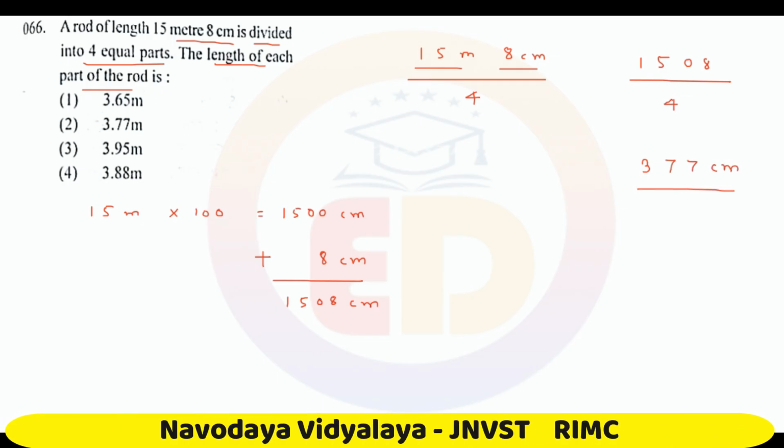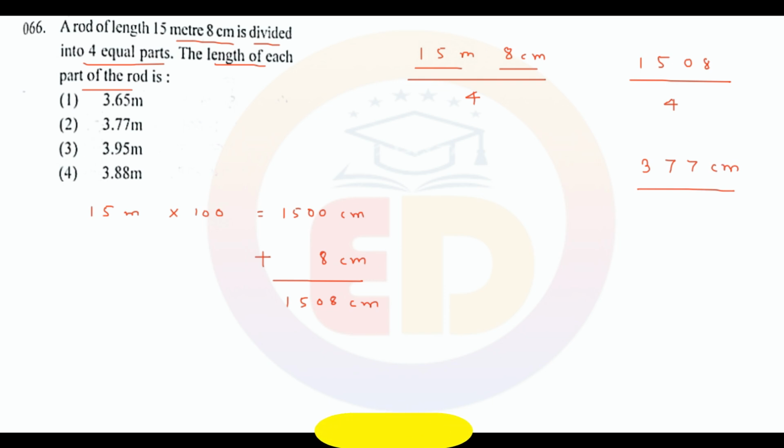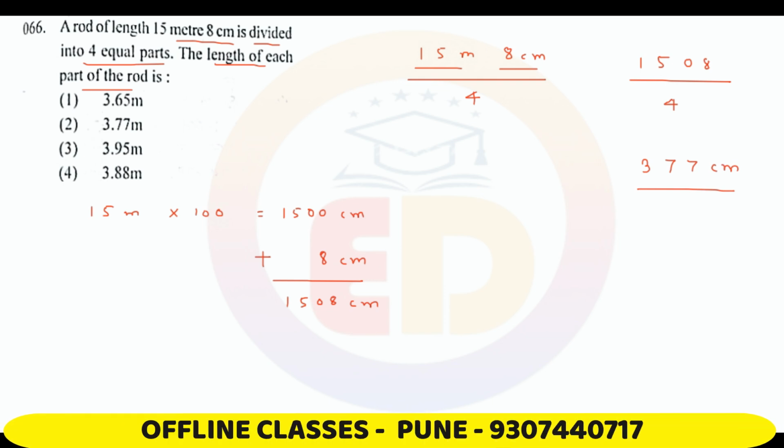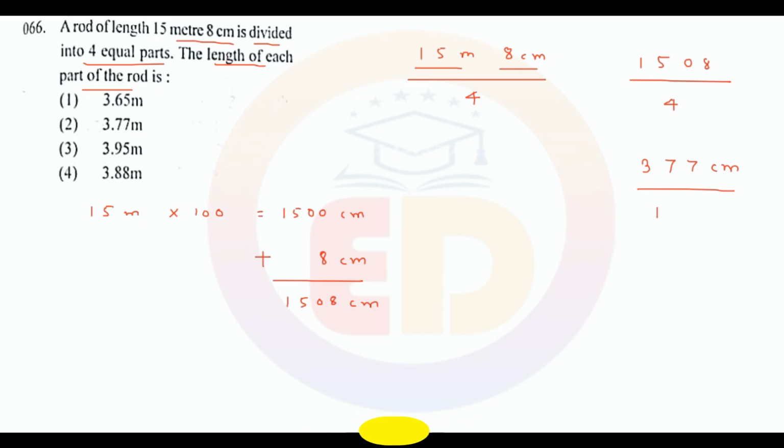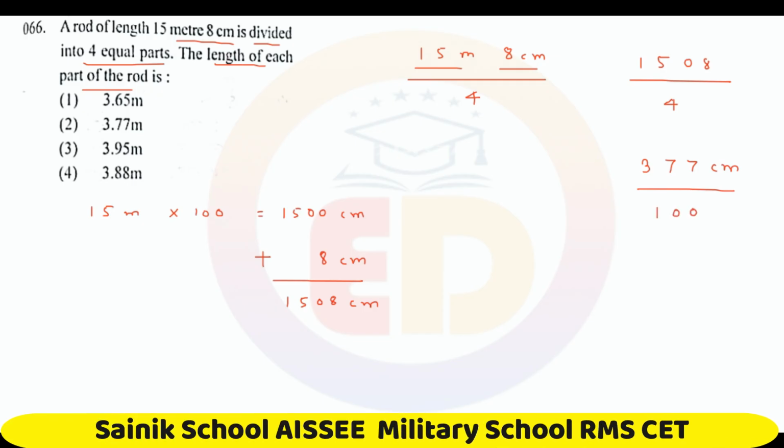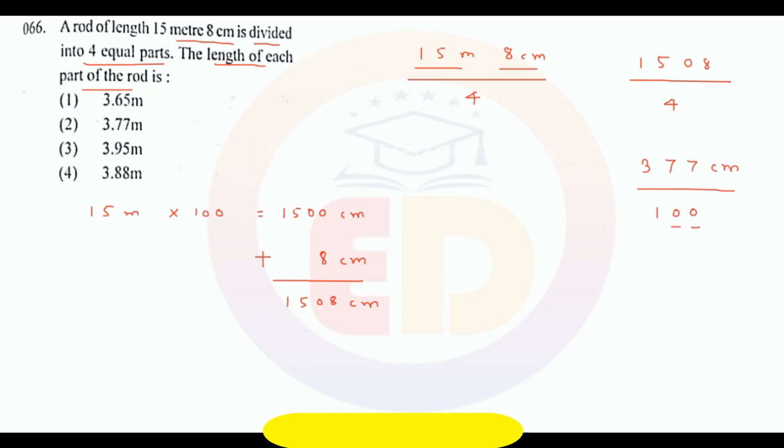And now we have to convert it into meter. When you want to convert centimeter to meter, divide by 100. There are 2 zeros in 100, so go to the numerator and count 2 digits from the right side, 1